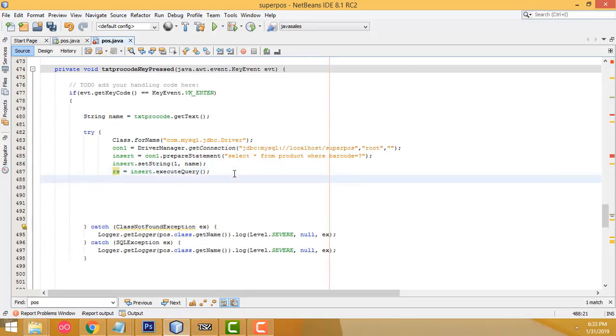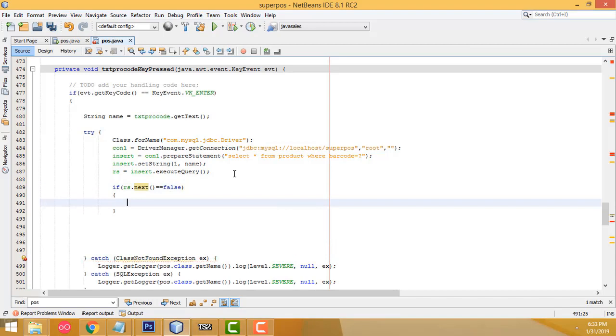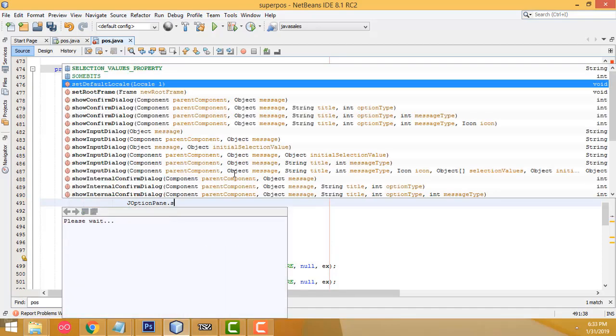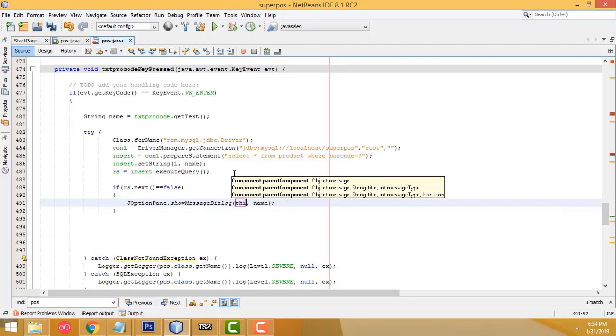Now after that I am going to check if rs dot next equals false, then JOptionPane dot showMessageDialog. Here you have to give the message as barcode not found, right. Else,